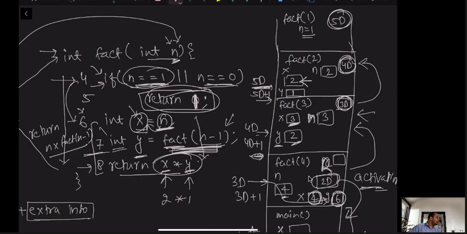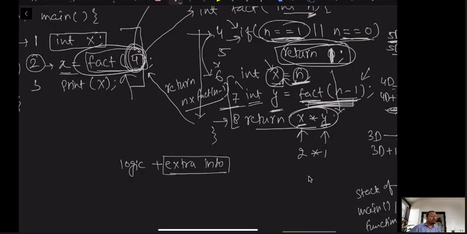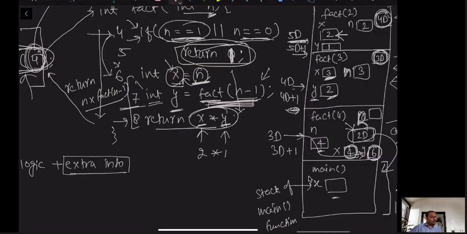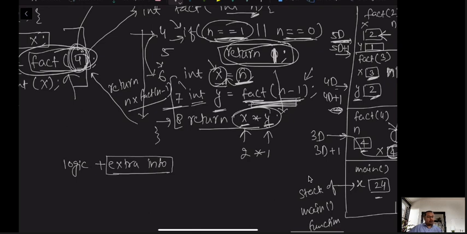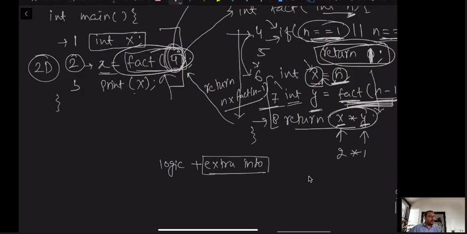So 6 into 4, and value of 6 into 4 is returned to address of 2d. Here 2d was called at x equal to fact of 4. So value of x will become 6 into 4 is 24. And now after getting this value, x will be initialized with 24, and after that it can print 24 and the control will be over.